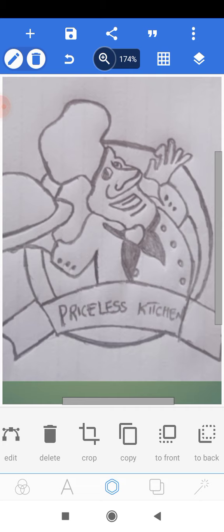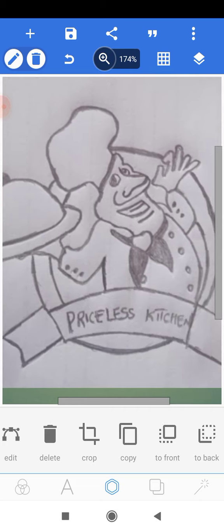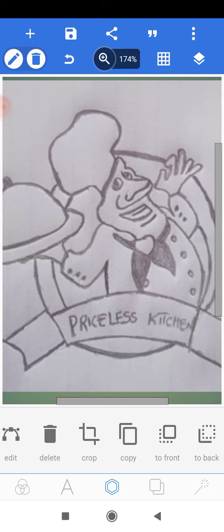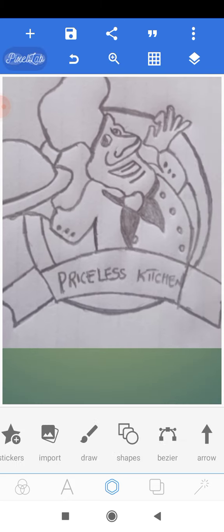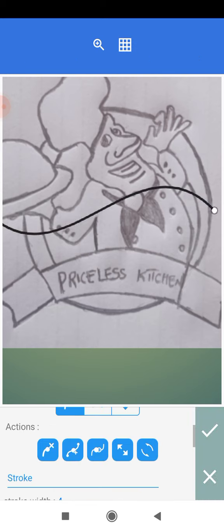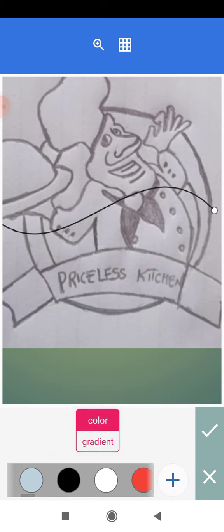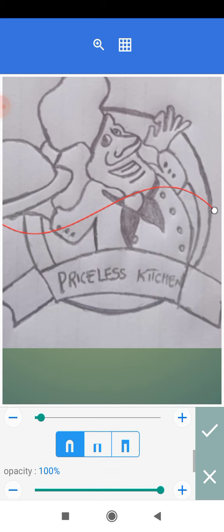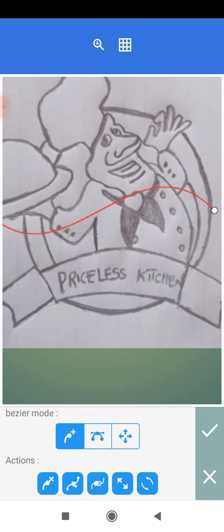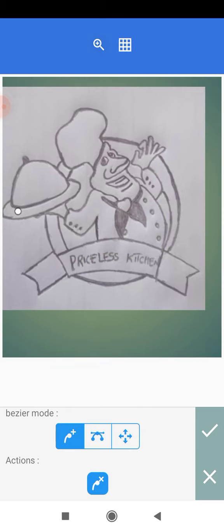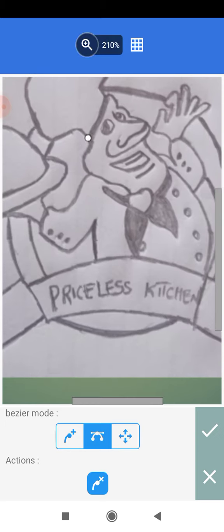So the next thing we want to do is to trace around the hand. So we'll trace the hand, and then let's just trace the face so that we'll do the bulk of the work. So we'll just trace the face. We'll reduce the size of this stroke, and then we'll change the color of the stroke from black to red, and then we'll head on to this option here and we'll remove 1 point of the stroke, and then we'll use the move option and we'll move it to a point where we can start our design,